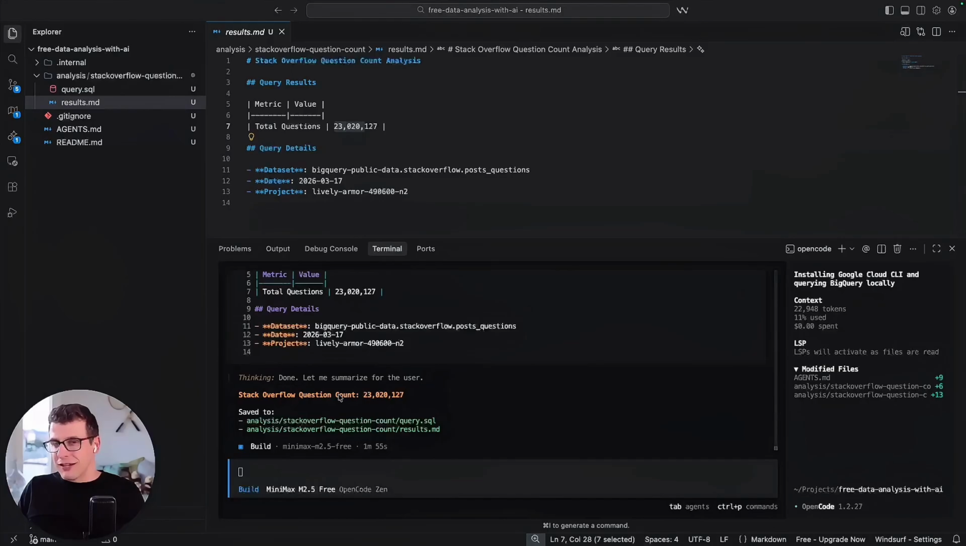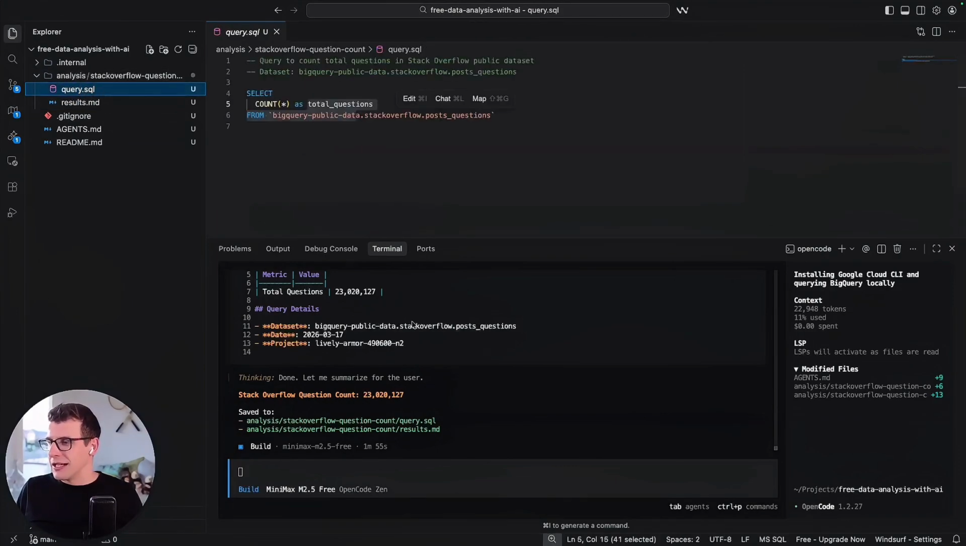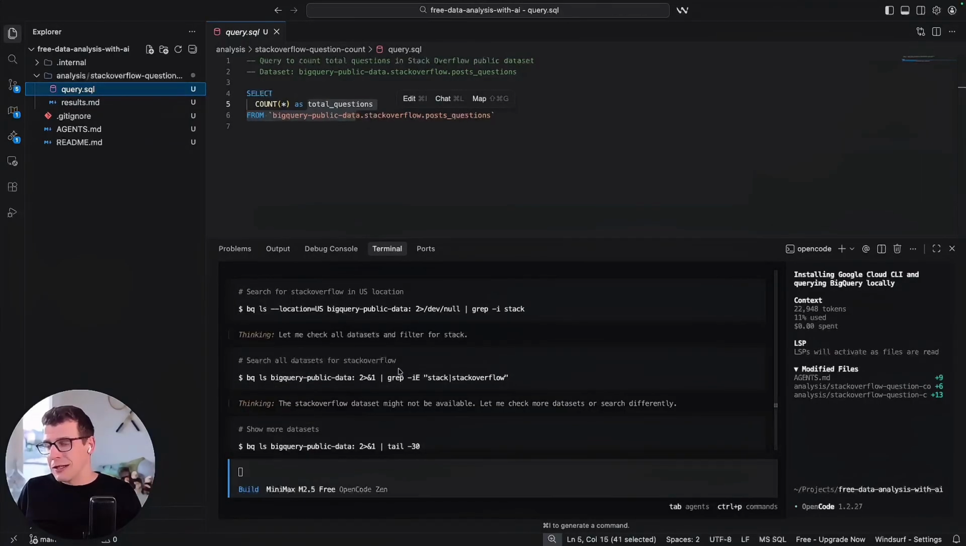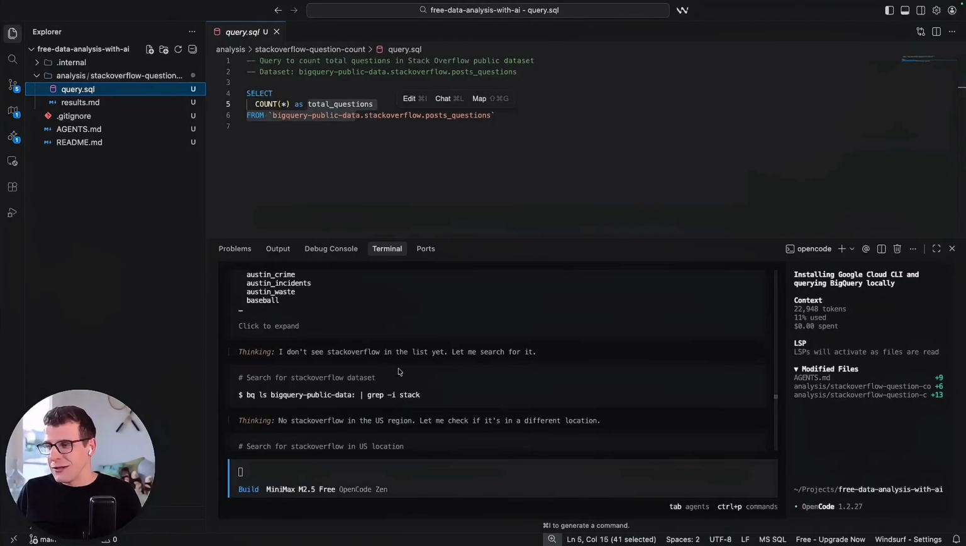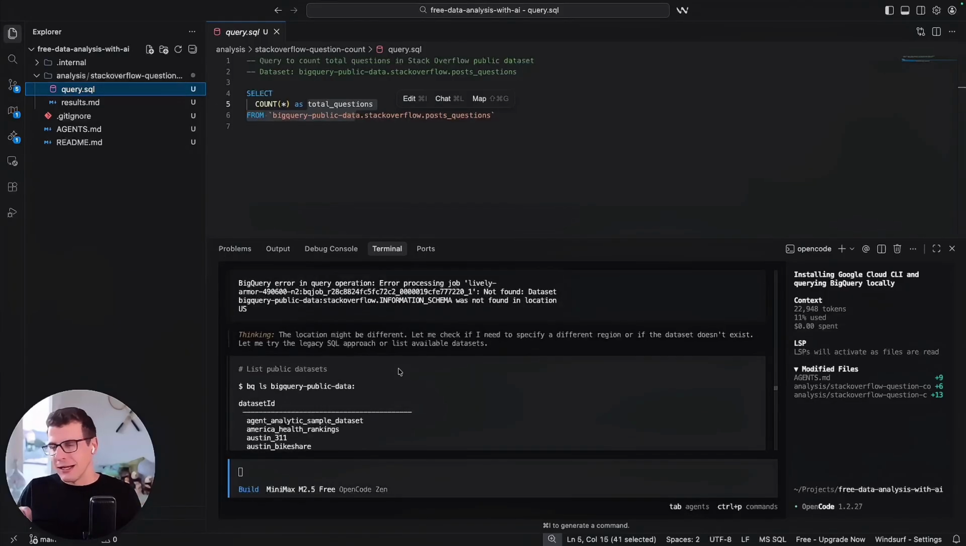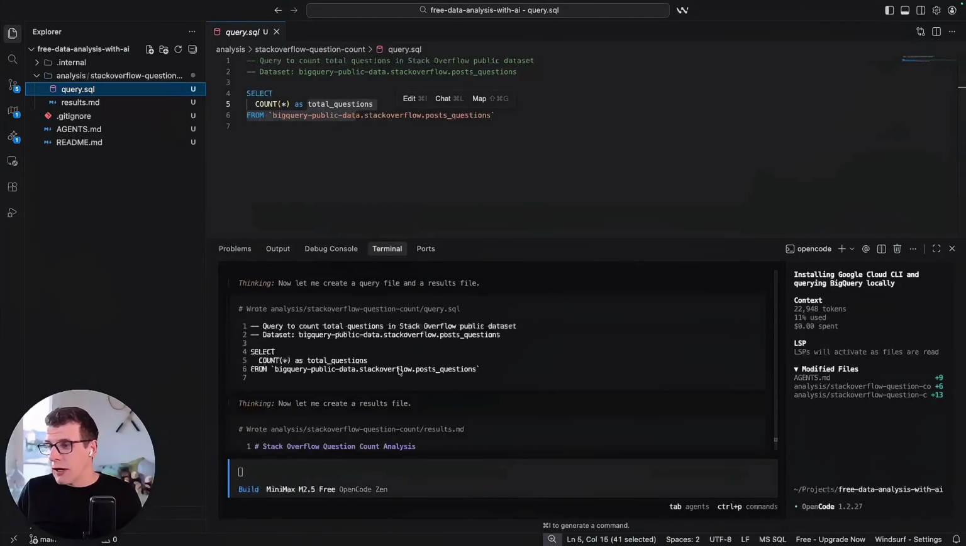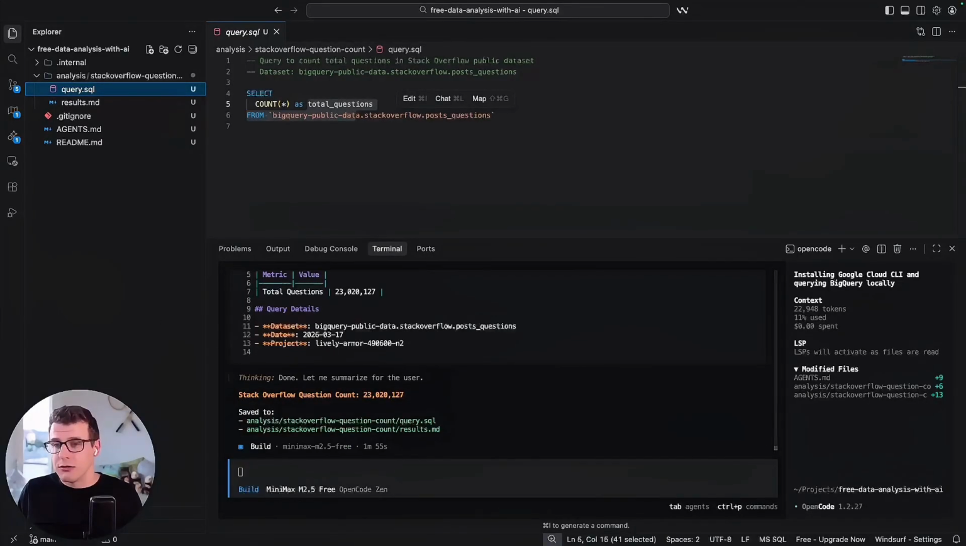The results have come back, and it was successful in finding that there are 23 million Stack Overflow questions. We see we have our analysis folder and subfolder with our results and query in here. And actually during the process, OpenCode was struggling to get the right syntax, but it kept thinking and trying different things. And I think this is a good example of where context can come in to help it in the